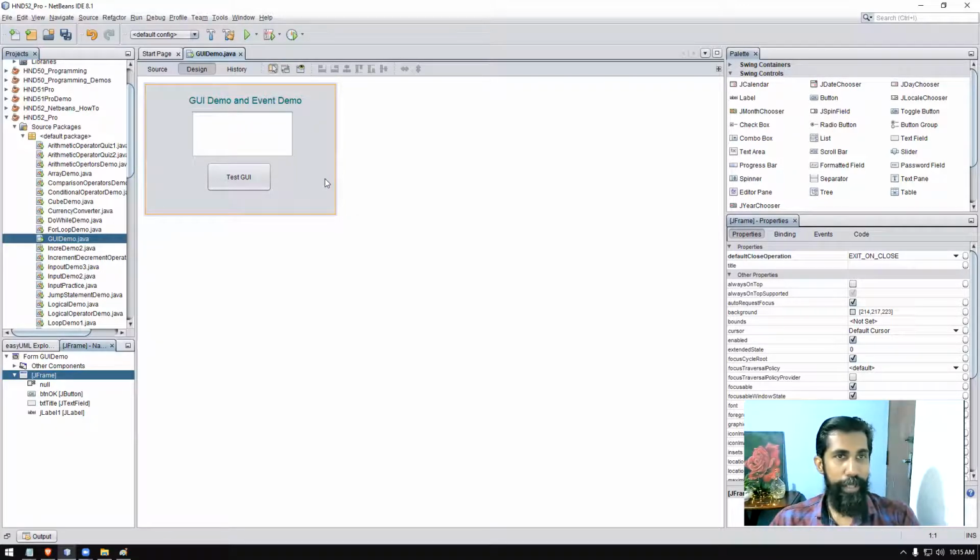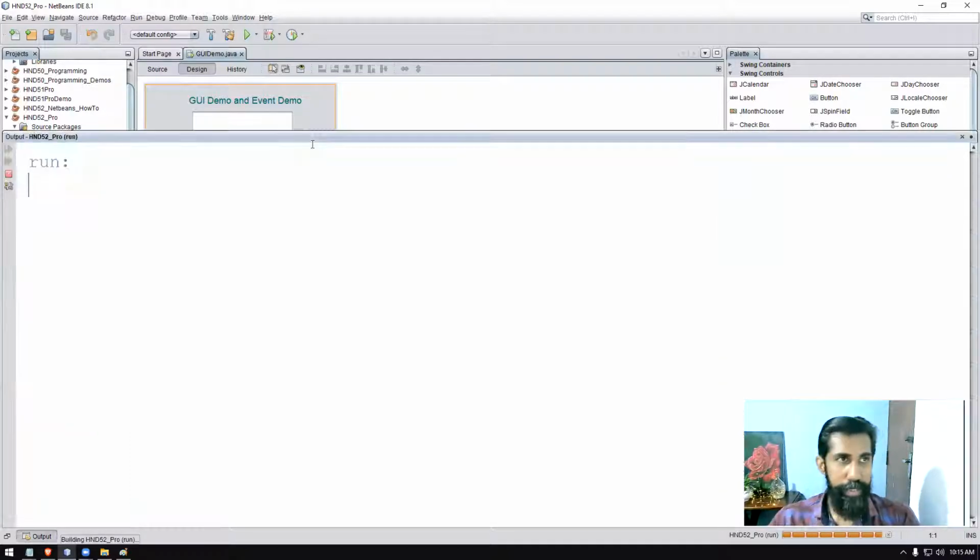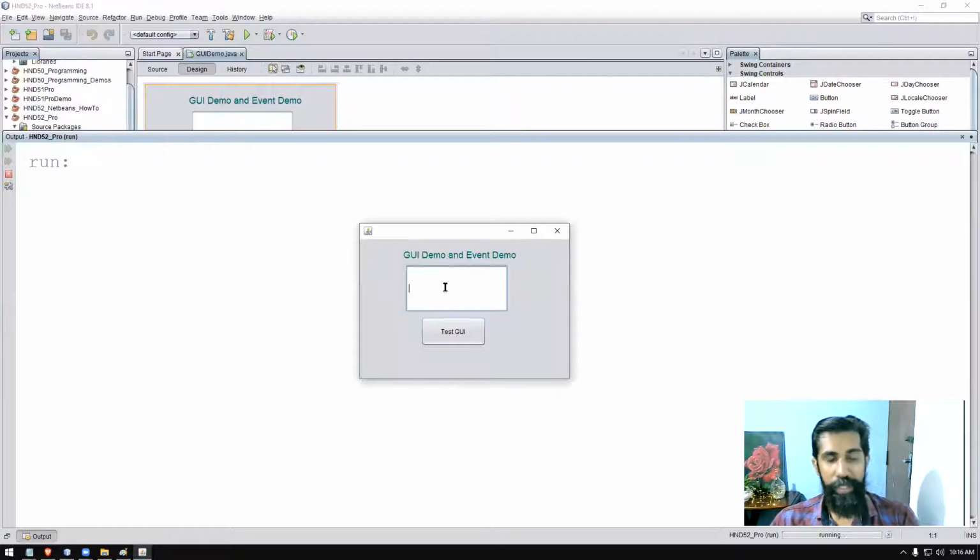If you run the program, I'll run this program and show you. We have done only two steps: design the interface and set the properties. If I run the program with shift F6, you will see a tiny program in the left top corner. So you have to resize this and bring it here, then it will work.